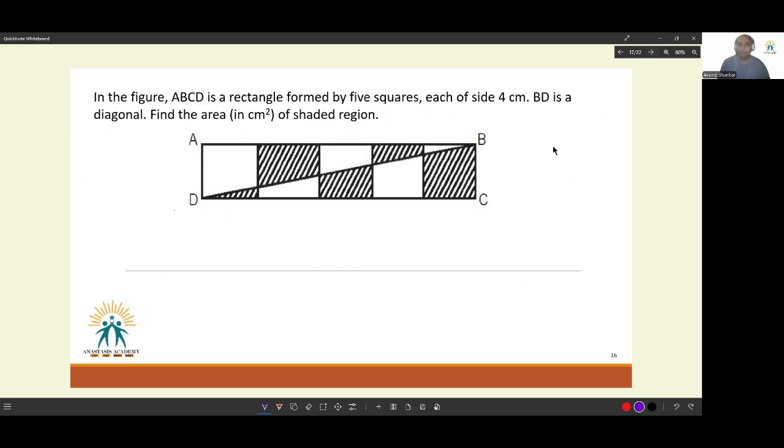Okay. Next. In the figure, ABCD is a rectangle formed by 5 squares, each of side 4 cm. BD is a diagonal. Find the area in centimeter square of the shaded region. I'm feeling a little edgy. So what I will do is I'll simply state this. Can you see